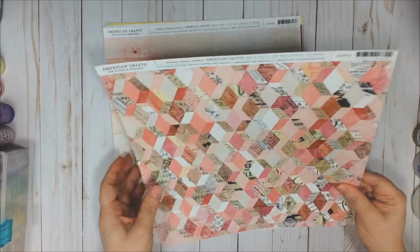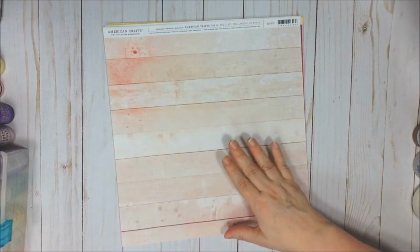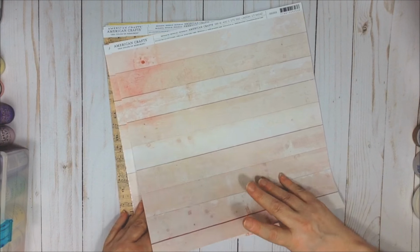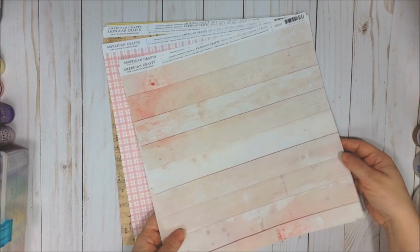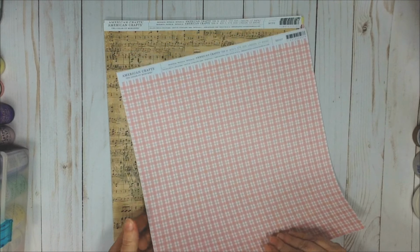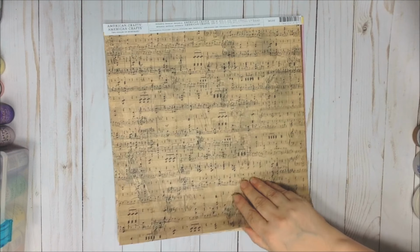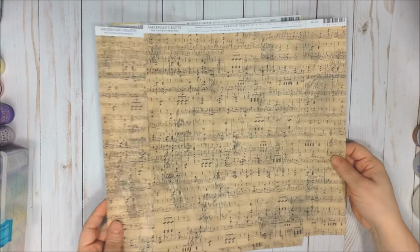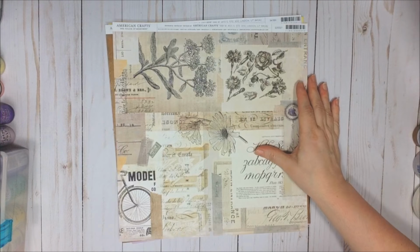This has a very mixed media feel, so love that one. Love the wood panel. It's got a sort of pink hue. I wish they had had purple, because I would love that even more, but still these are really pretty. Some plaids, and then the remaining paperweight ones have more of a vintage feel. Music sheets, and then